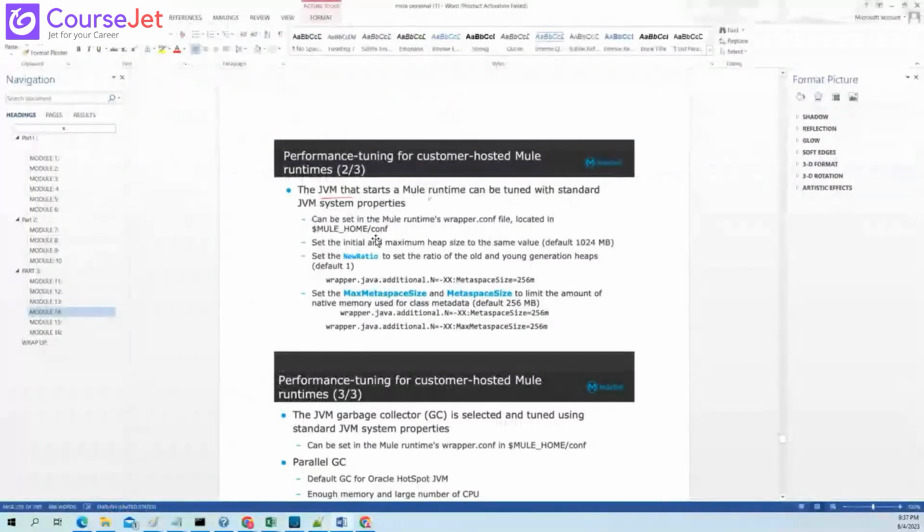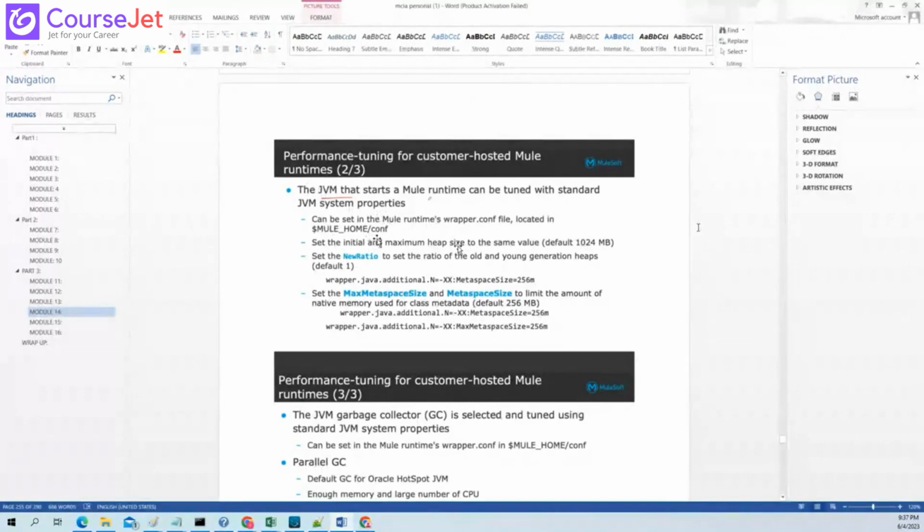So you should be aware of where these files are. Let's say someone asks you that you need to update the settings property file, so you will be aware that the person wants you to update the wrapper.conf file, right? Set the initial and maximum heap size. So let's say if you want to update the heap size also, you can update it from here. So if someone asks you to update the value of heap size, because we are facing some issues,